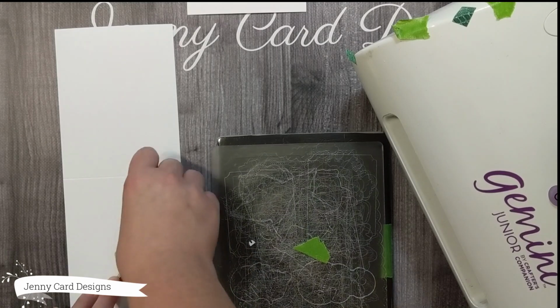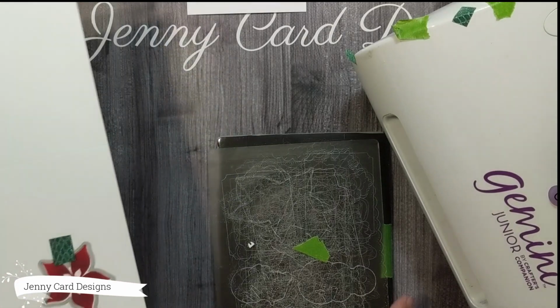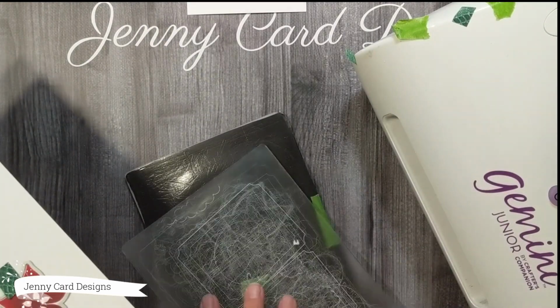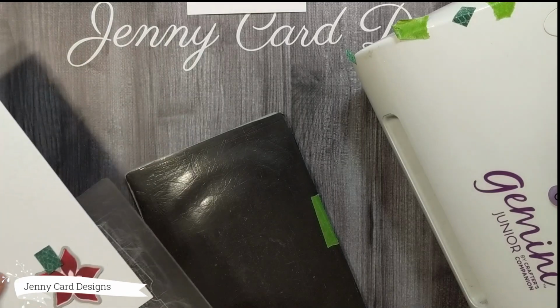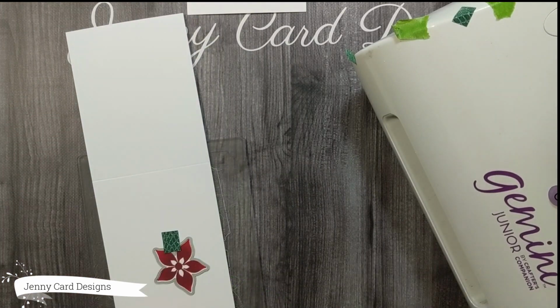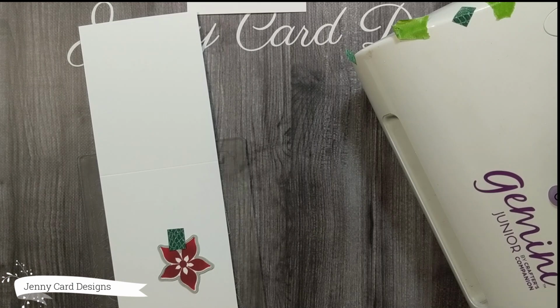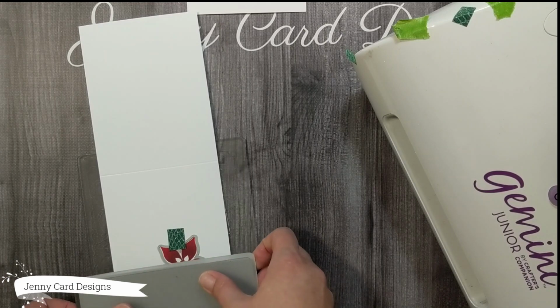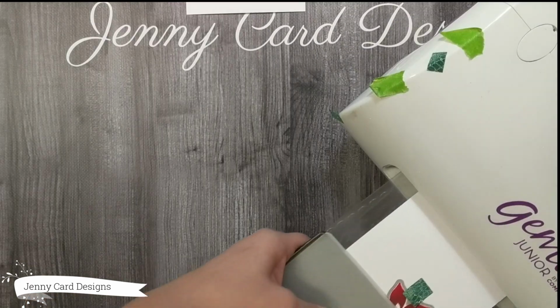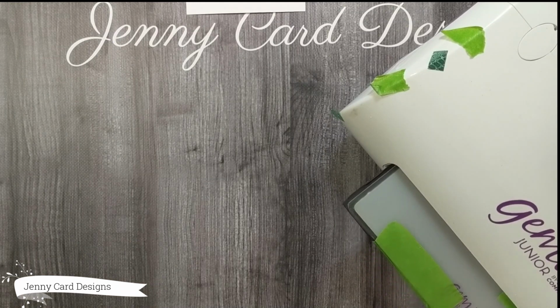So I'll tape down the flower, and then I'm going to lay my card base on top of my cutting plate, and I'll get it lined up so that the top cutting plate is only halfway covering the flower or the die. So only part of this is going to cut. So wherever the second plate is, that's the only part that's going to cut. And I'll very carefully load this into my Gemini Junior, making sure that nothing shifts. And then once that comes out on the other